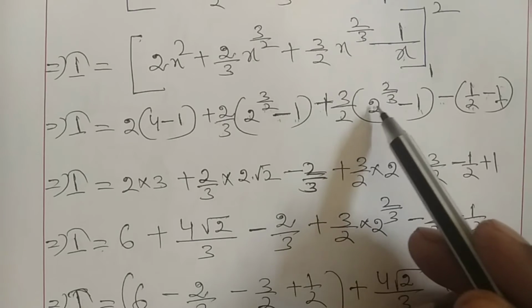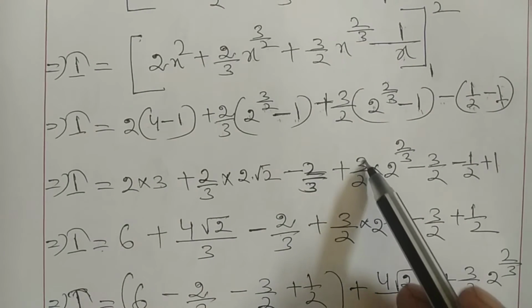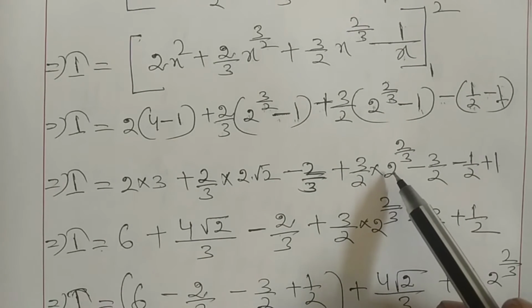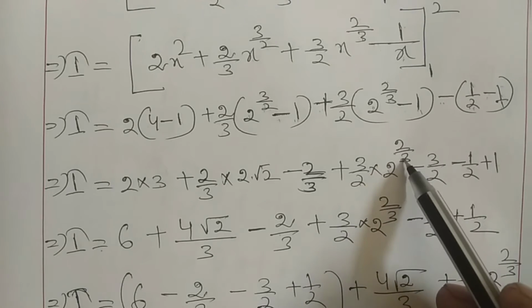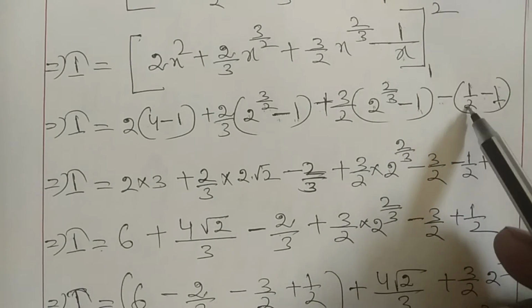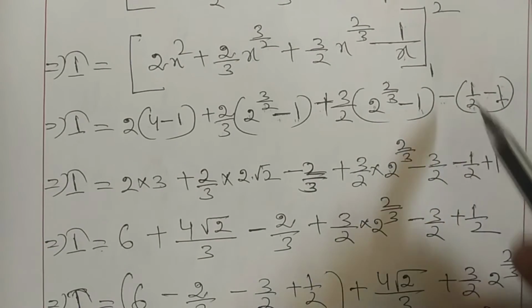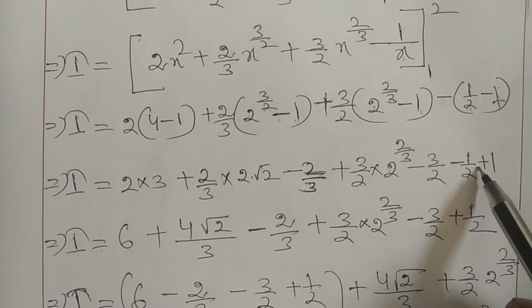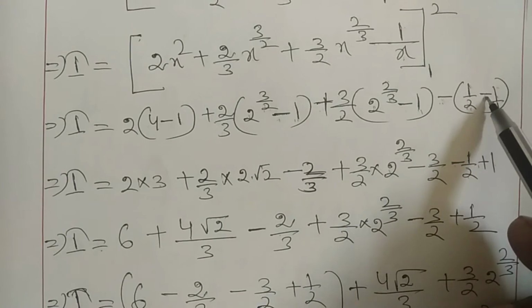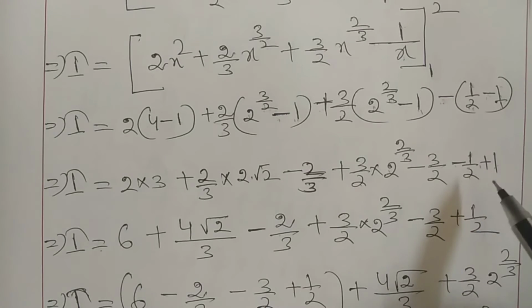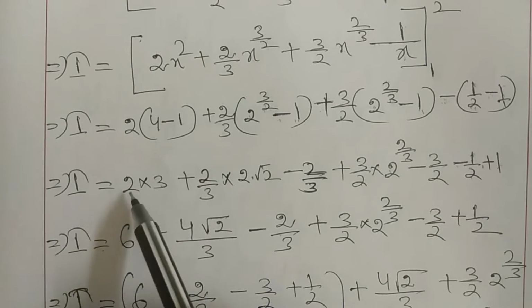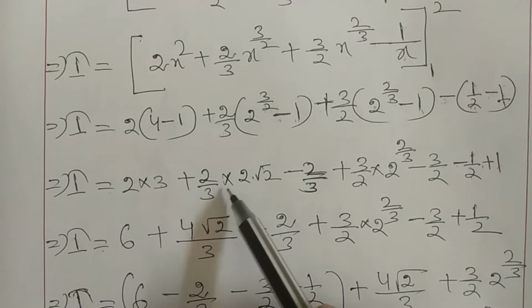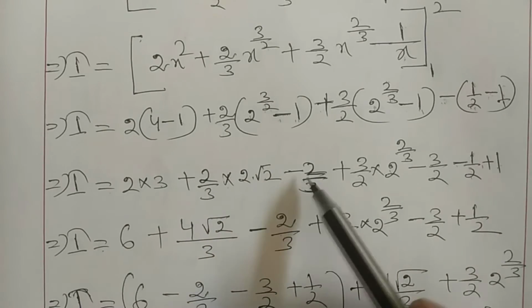And again here 3/2 into 2^(2/3), here minus 1/2, this is minus 1/2, and minus into minus, this is plus 1. So here minus into minus plus, so this is plus 1. So here I is equal to 2 into 3 plus 2/3 into 2 into root 2 minus 2/3,